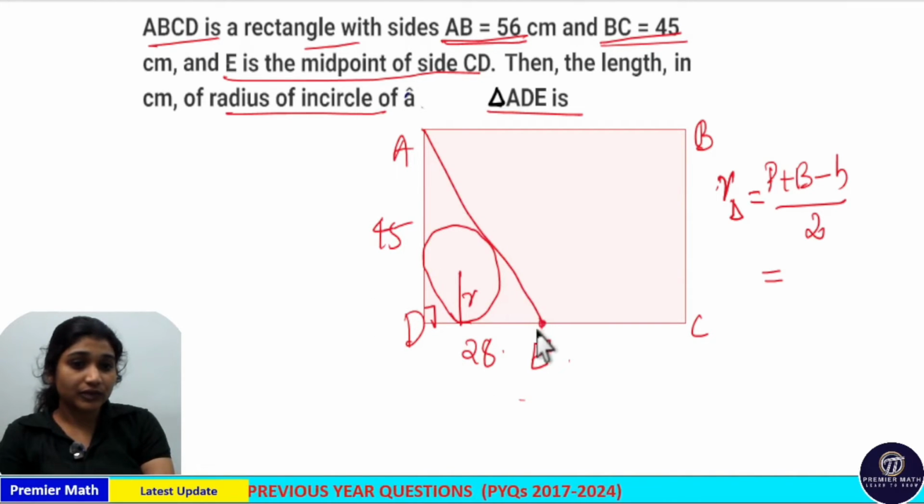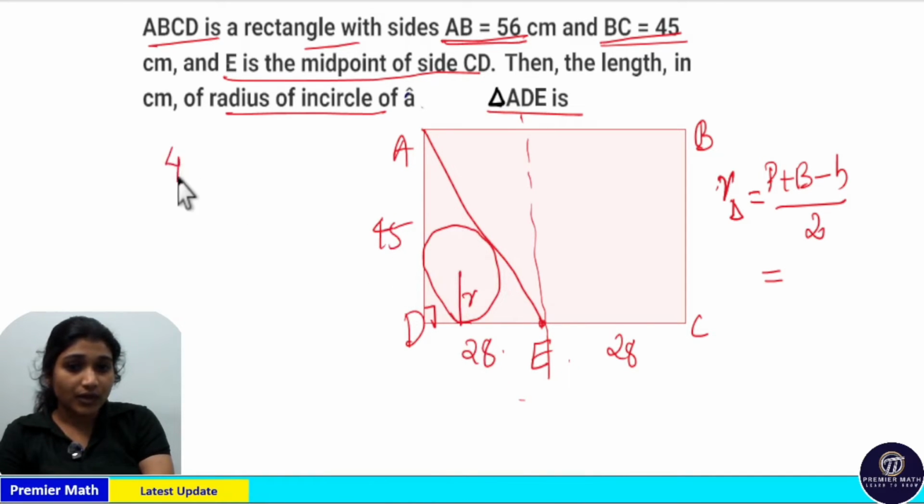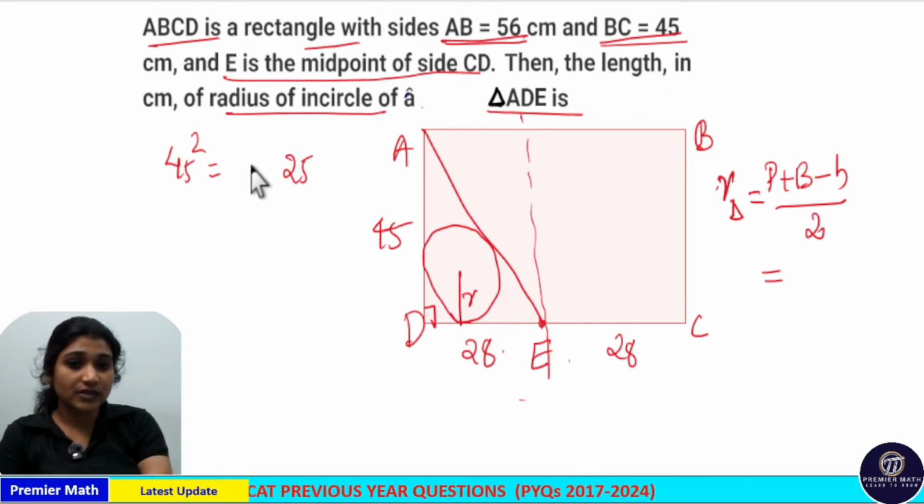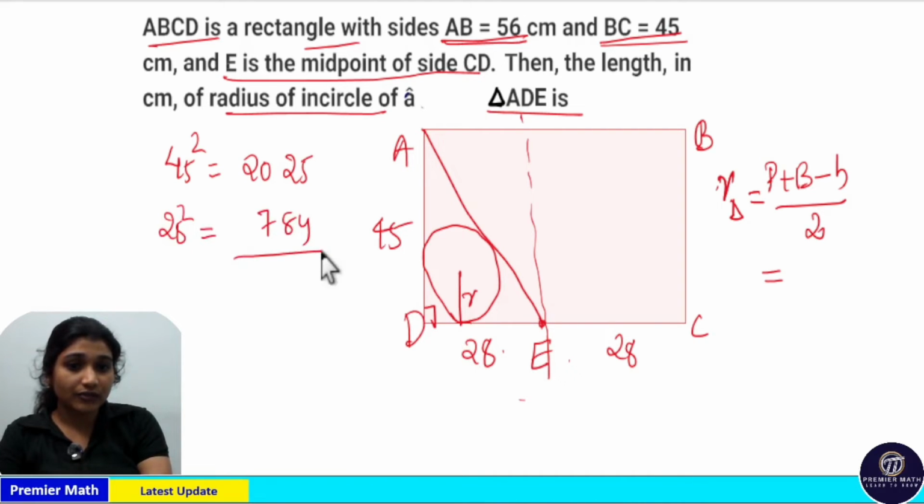Now the hypotenuse of this triangle: here this is the midpoint, so this is also 28. So the hypotenuse of this triangle is 45 square plus 28 square. 45 square ends with 5, so there is a short trick: 5 square is 25, and 4 into 5 is 20, so 4 into 4 plus 4 is 20. And 28 square, we already know it is 784. If you take the sum, this is equal to